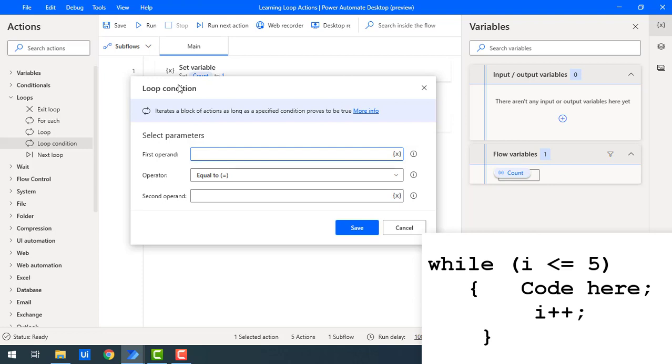And over here, if you see i++, what does this mean? We have to increase the value externally. In the previous loop, we increased by 1 in the particular action itself. But over here, I have to increase the value by 1 externally. I will show you how to do that.